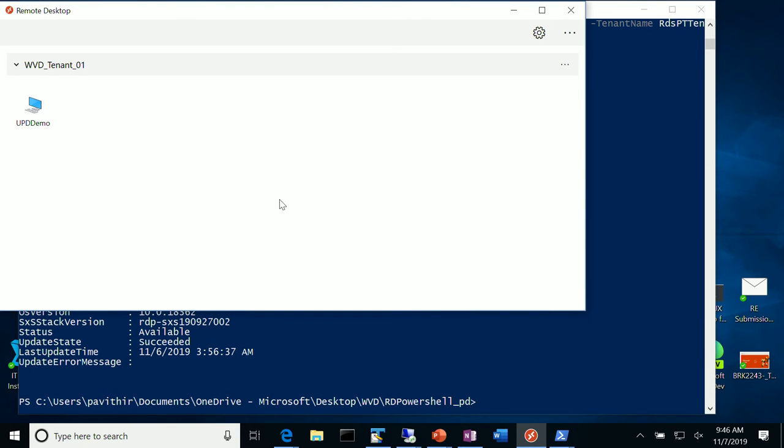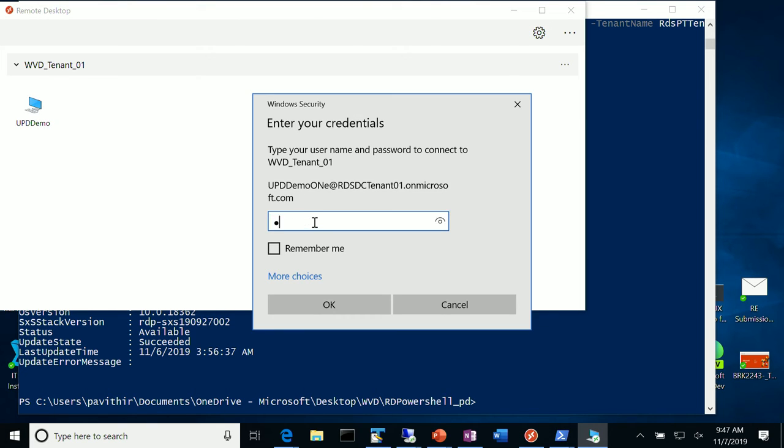Now I'm showing you the Windows client. If you're an RDS user using Windows devices, you will have an RD client for that. You cannot use the same thing to access Windows Virtual Desktop resources. On Windows devices, your users will have to use the Windows client, which is a new one that you can download from our documentation page, or the web client. So here I'm going to show you the Windows client, and let's see how we can see the converted profile container.